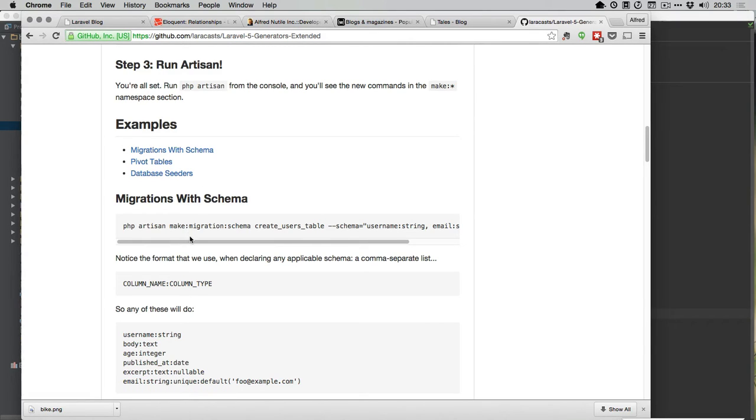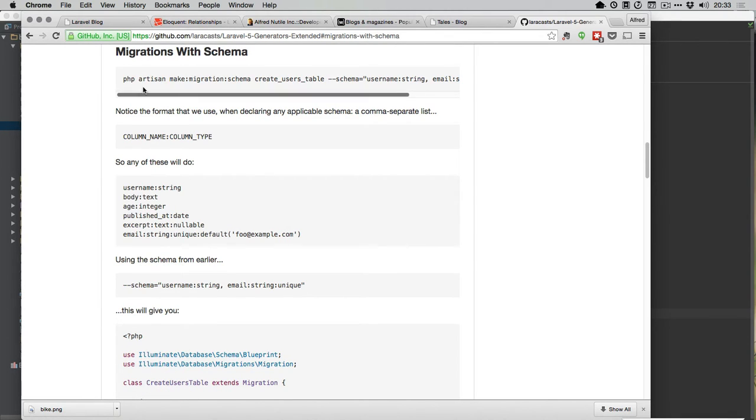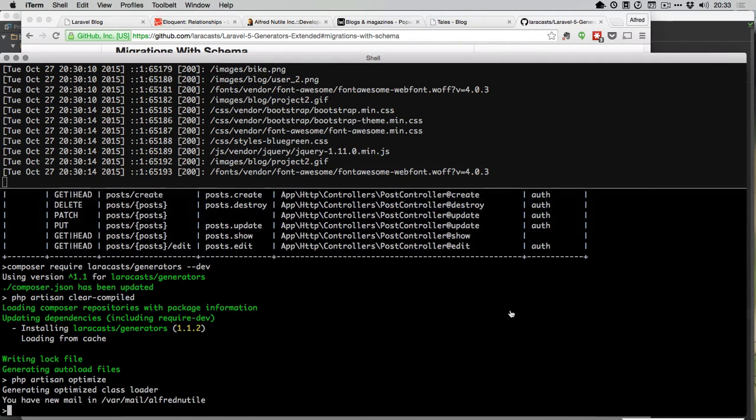So let's start with the migration with schema he offers. Now, we have the same thing we've been working on for a while, where we can migrate with a schema. We're going to use his version of it just to keep it simple. The version is basically going to say, we'll just call it tag, and it's just going to be a string, and that's it. We're going to say create tags table schema tag string. All right,